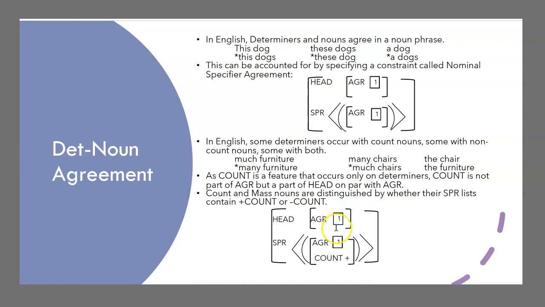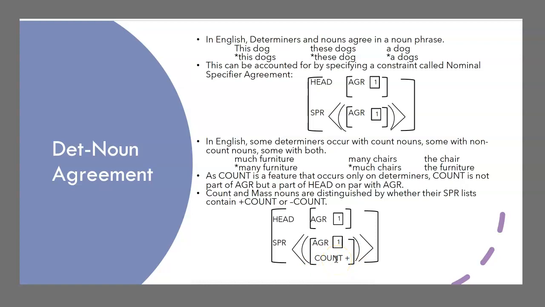Sir, so count plus or minus is for the noun or for the specifier that's modifying it? The count plus or minus is for your determiners, quantifiers, etc. The noun itself doesn't have a count or minus count. Its specifier says it needs a count plus or minus count. Like furniture. So for the, what would we write? That's a good question. For the, you don't specify this. It's underspecified.